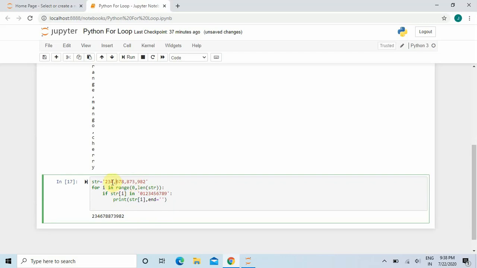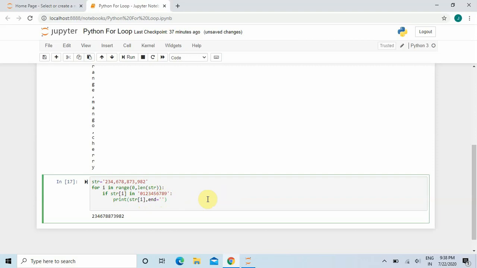After printing 2, the cursor remains in the same line, and it again prints 3, again prints 4. So this is the functionality of the end function: it helps the Python interpreter print the statement in a single line without going to a new line.